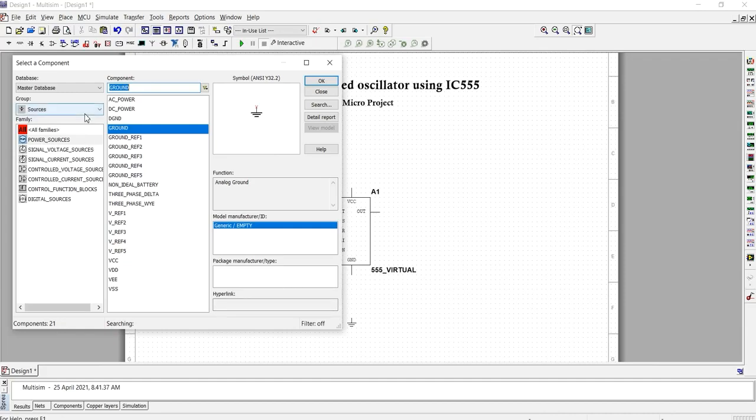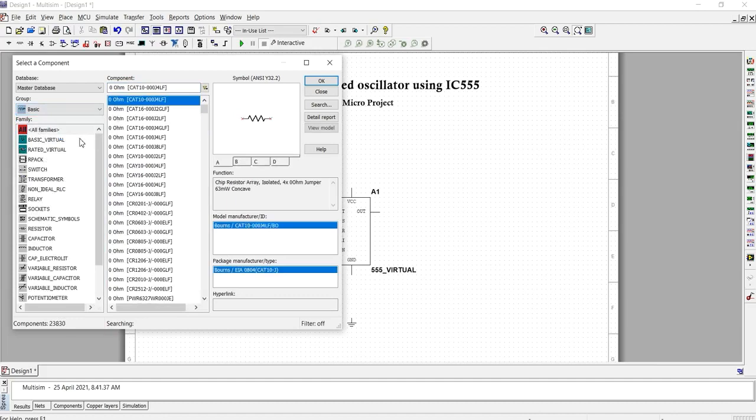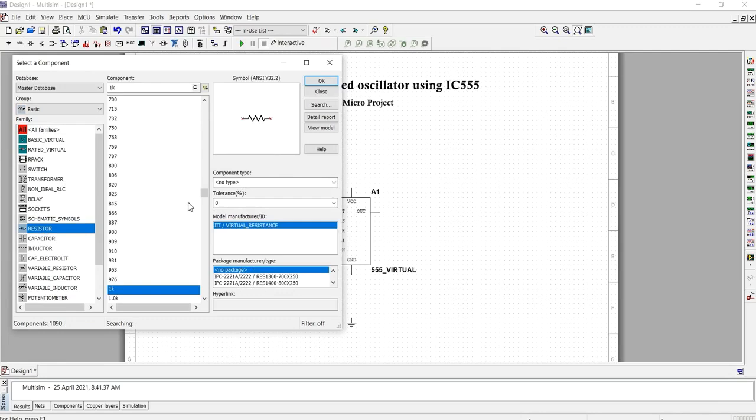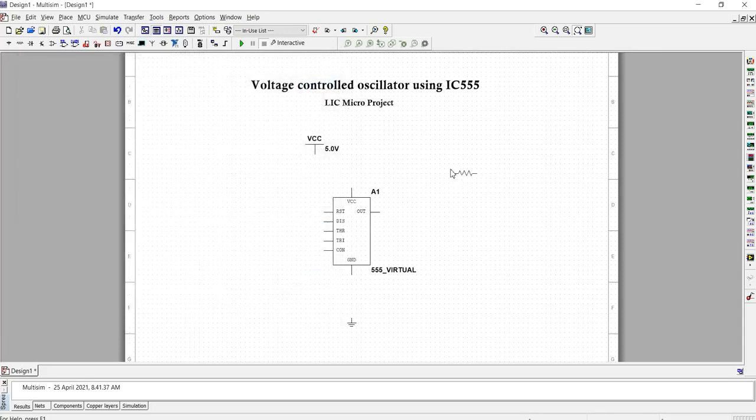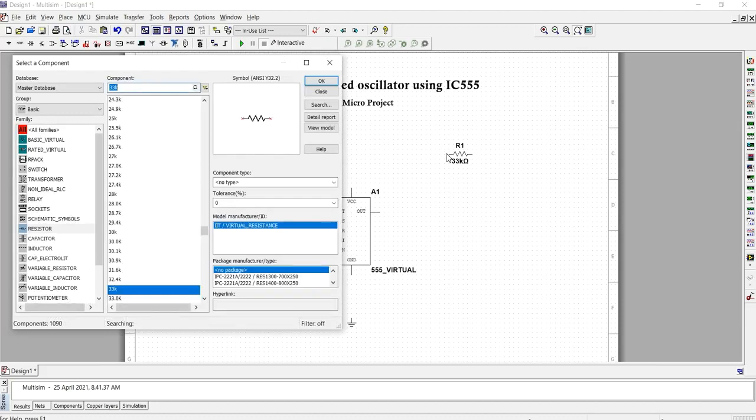Next, open groups and select basic and resistors. For this circuit, we require a 33 kilo ohm resistor. Select the 33 kilo ohm resistor. Now we select capacitors. First select a 10 nanofarad capacitor.